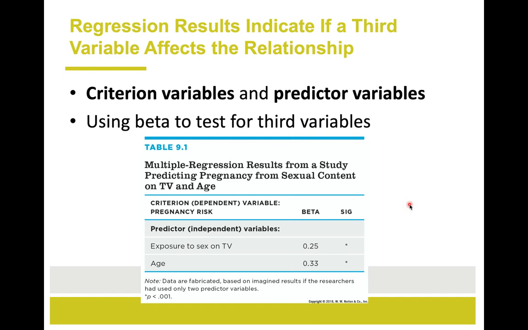So we can use this sort of multiple regression framework to ask multiple questions at the same time, because maybe we think that age and exposure to sexual content on TV have a relationship with pregnancy risk. And we saw this in our previous examples from the multiple regression lecture, that we can get a model that incorporates both of these variables